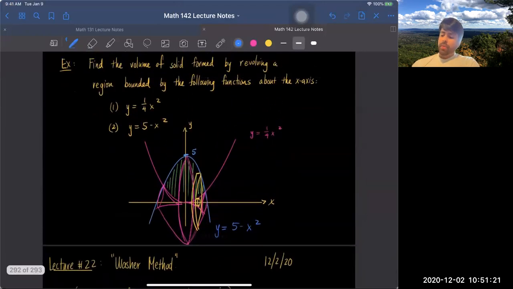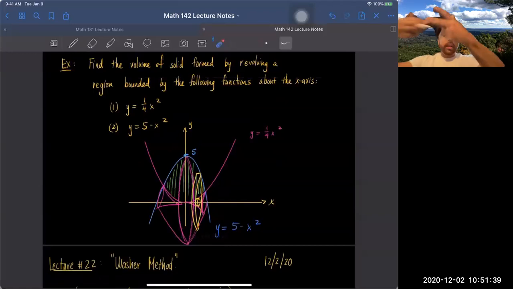So again, we have this pink curve here, 1/4 x squared, and we have this blue curve here, 5 minus x squared, right? And then we figured out that the region in between was this region here. And I want to take that region and revolve it around the x-axis so that I figure out what's the volume of that solid. And I think we discussed that last time, right? And we saw it also through Maple,